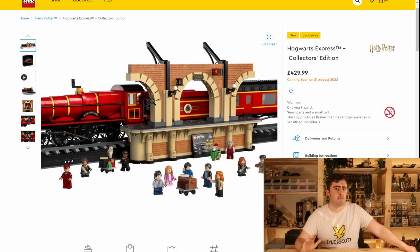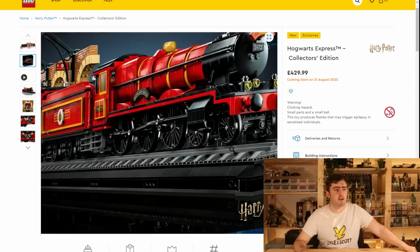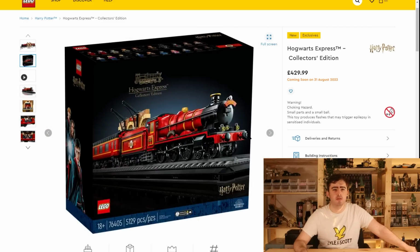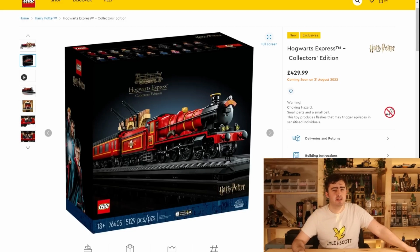Right, now that point is over with, let's move on to the box art. So like I said yesterday, the box art is exactly the same as the Hogwarts Icons box art, and it's basically a black box art with the blue sort of glow behind it, and it's consistent with all of Lego's other 18 plus sets, which is fine. I know some people may want a special sort of design box art for such a special set, it being the most expensive Lego Harry Potter set of all time, but I think it looks great, and I